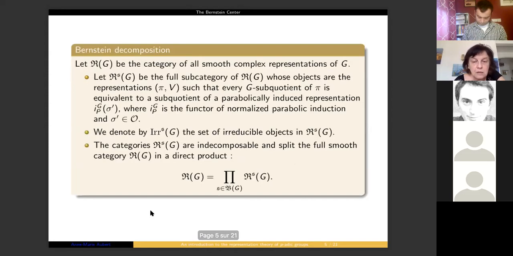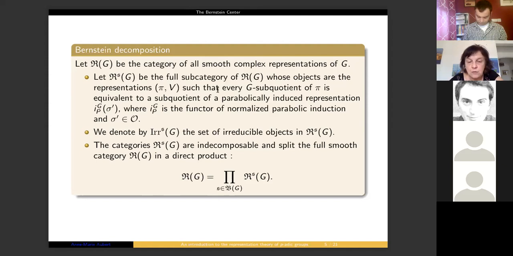So these are just notation. Now, let R(G) be the category of all smooth complex representations of G. Then Bernstein described a decomposition of this category as a direct product of subcategories. The subcategories are defined as follows: one category for each element S. So R_S(G) is defined to be the subcategory of R(G) whose objects are the representations pi